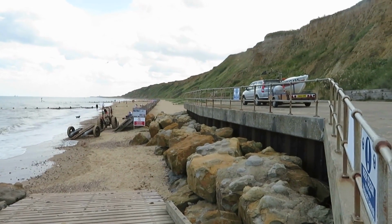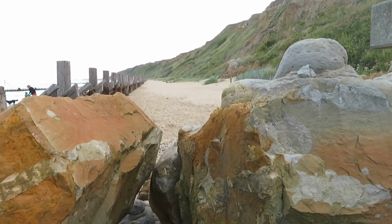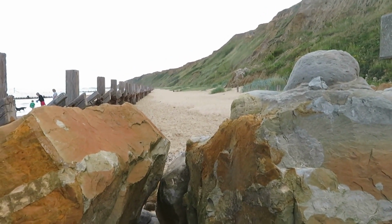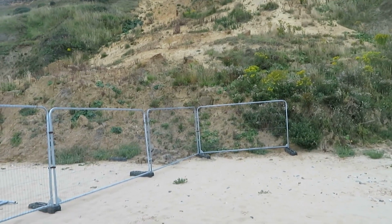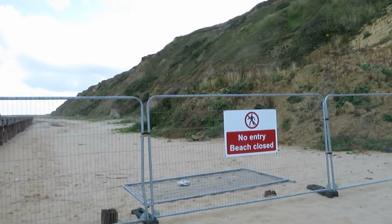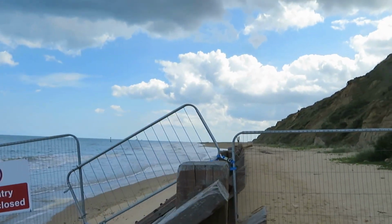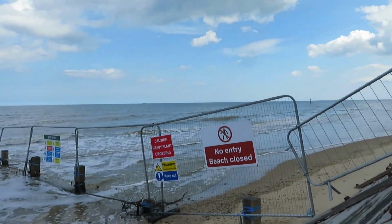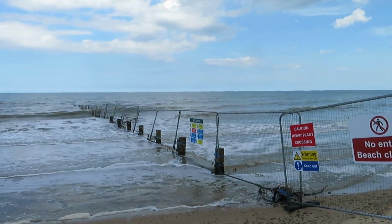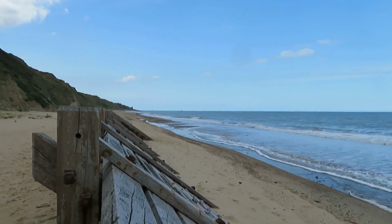So the route has been blocked off by the rocks. There's no way I can get through there, so I'm not going to try. But the seaside of the groins I can. Coming down from Mundesley, this is as far as I can go, as far as I'm going to go. Clearly no one intended to go further. So looking north from here, which I shall continue in a few minutes when I've had my apple,